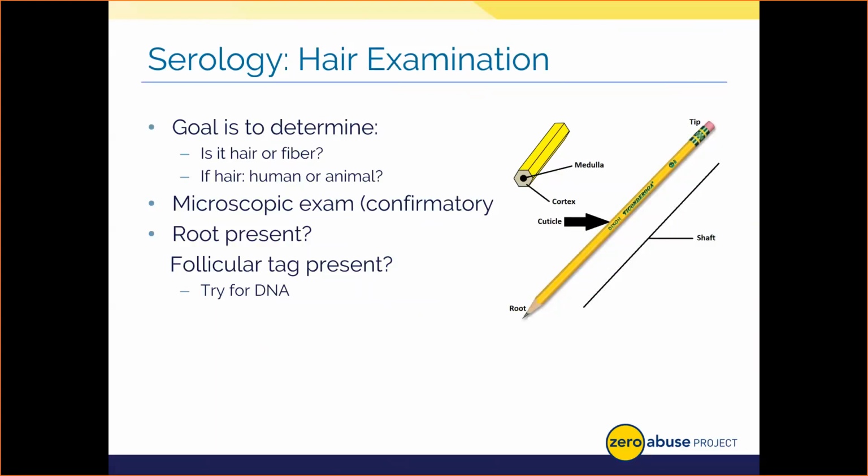The medulla in humans is classified as either amorphous, meaning it kind of looks like a solid or broken line like pencil lead, or it can actually be totally absent, like a pencil with no lead. We also investigate how thick, if present, the medulla is by using what's known as the medullary index. A medullary index of equal to or less than 1/3 of the shaft diameter, in other words, the medulla is pretty small, is indicative of human hair. In short, the medulla is very small inside of the hair shaft of humans.